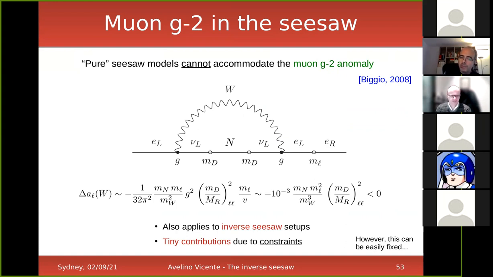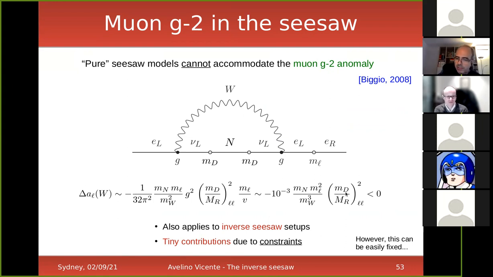There is no way out. It applies to type 1, type 2, and type 3 seesaws. It applies basically to all minimal seesaws. There is no way out. And even if you can fix the sign, which you cannot, you have tiny contributions because the parameters that